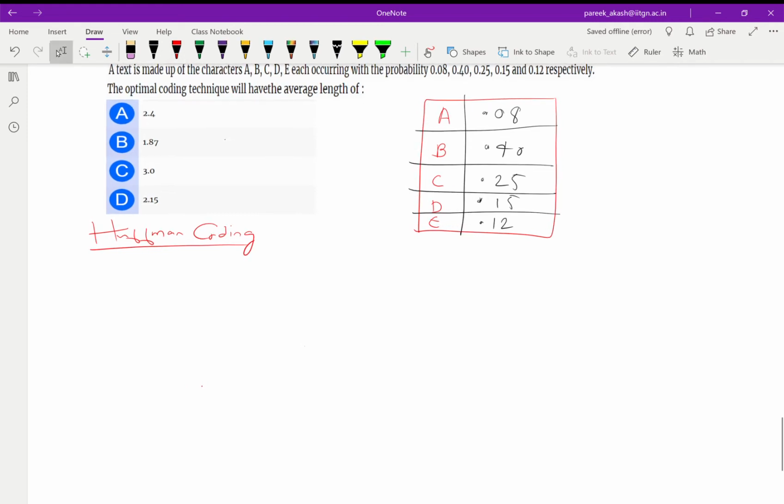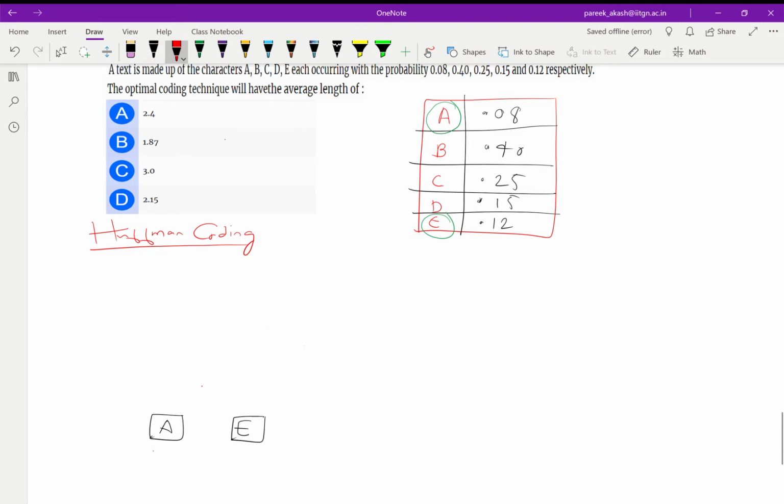What the Huffman algorithm does is that it takes the two characters which have the least probability. In our case we will take first A and E, which have the least probability. We are making a tree, and A and E are the leaves. All the characters will be leaves of this tree.